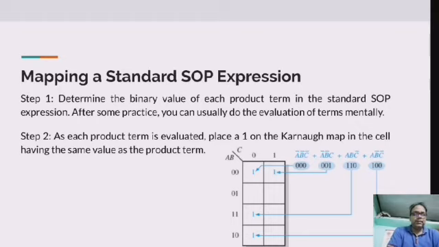out of which the first step is very important, where we have to determine the binary value for each product term. We already know the binary values of SOP terms and of POS terms. The binary values for SOP and POS are exactly the complement of each other.